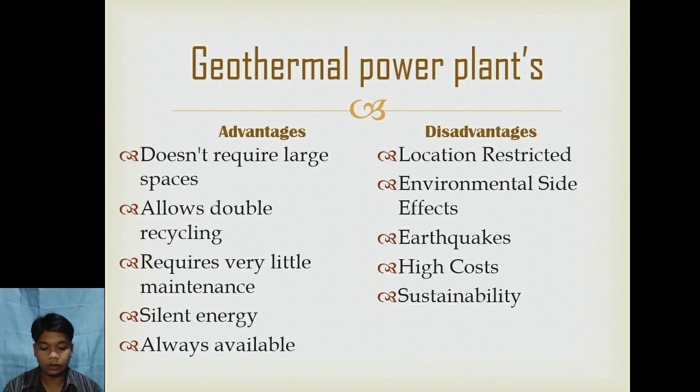Using this underground energy allows us to reduce our use of fossil fuels and can help us to achieve energy self-sufficiency. Geothermal energy is also in line with sustainable development and is essentially free once the plant has been installed. It is environmentally responsible